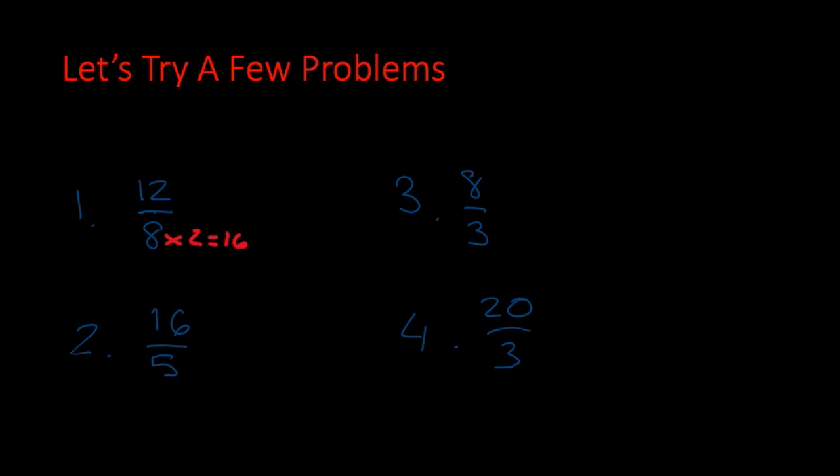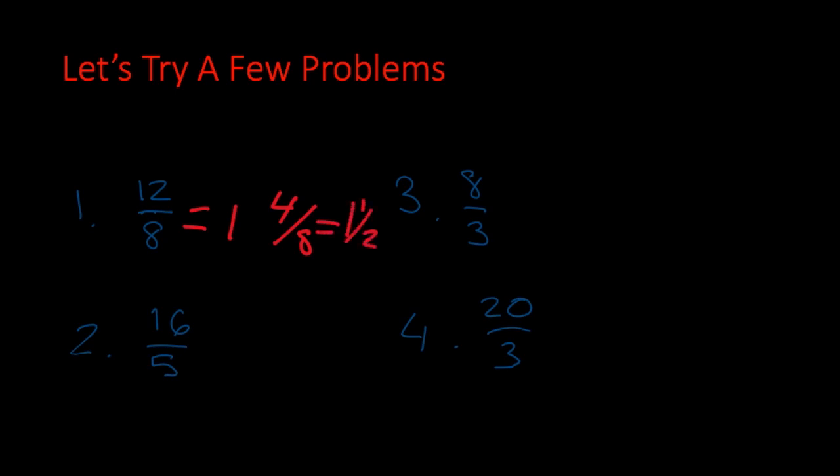So let me just erase that so we have enough space. So we can do 8 times 1, I'll just show you how we can do that. So we can do 8 times 1, and 8 times 1 equals 8. So how many left do we have to get to 12? We have 4 remaining. So we have 4 remaining with the denominator staying the same, and 4/8 you could convert to